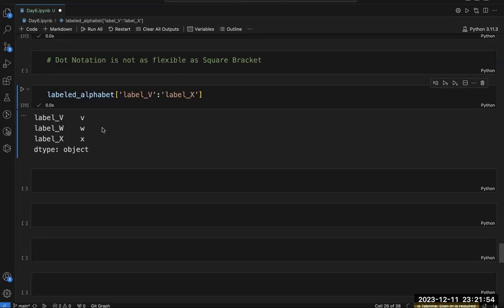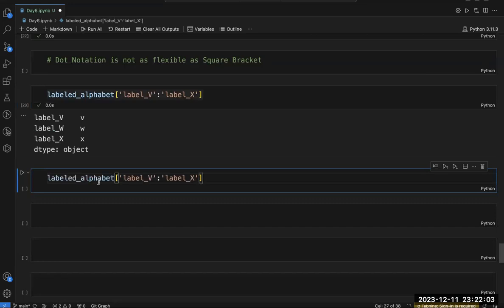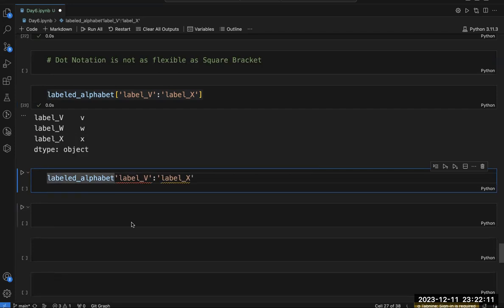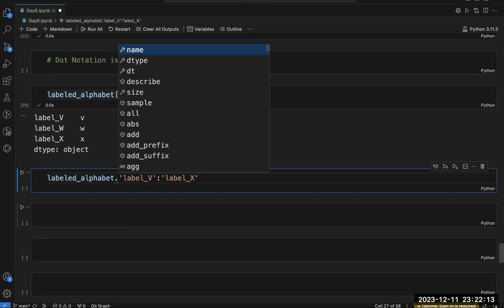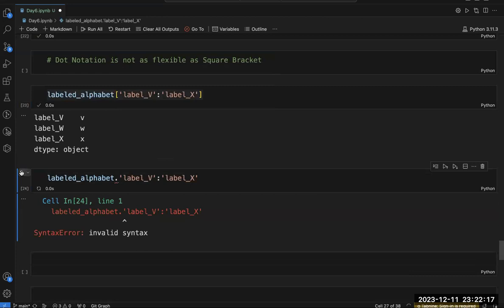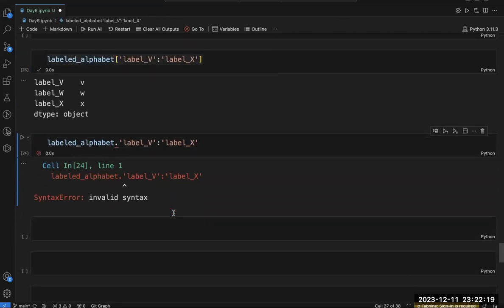Now we cannot use the same thing inside dot notation. Let's remove this square bracket from here, and after the labeled alphabet, put a dot. If you run it, you will get an error: invalid syntax.